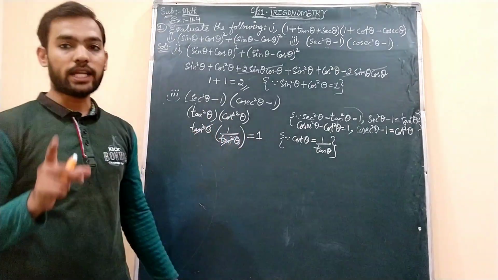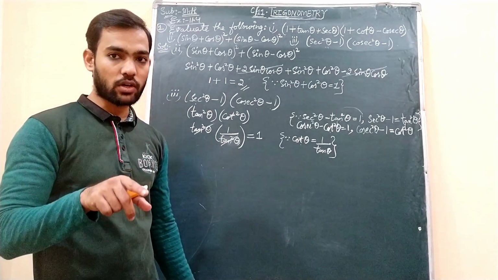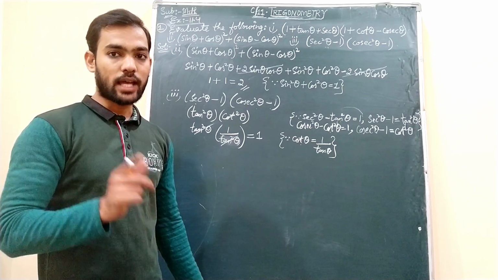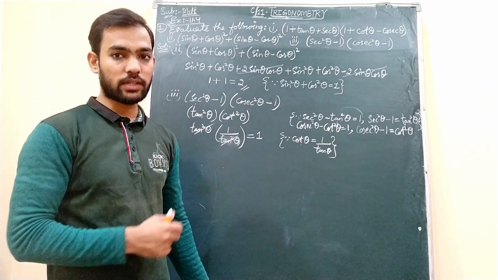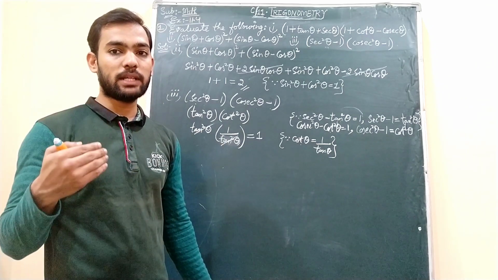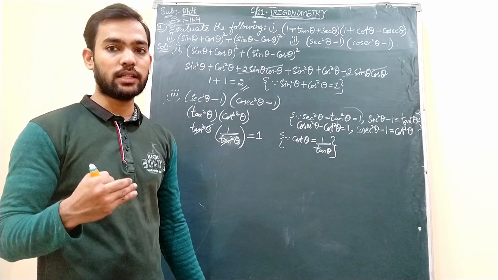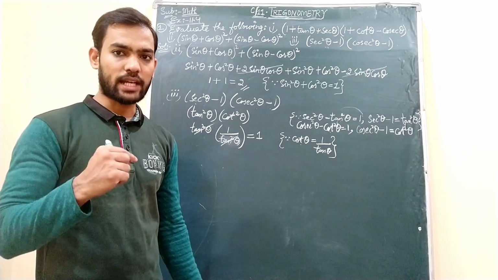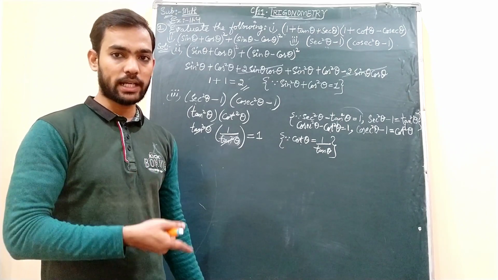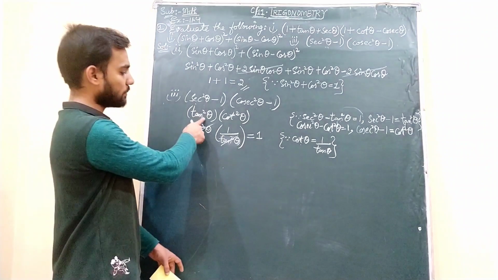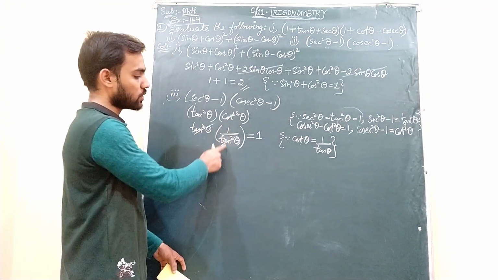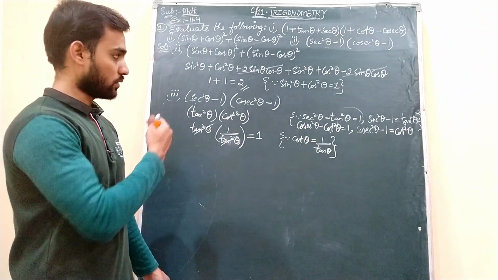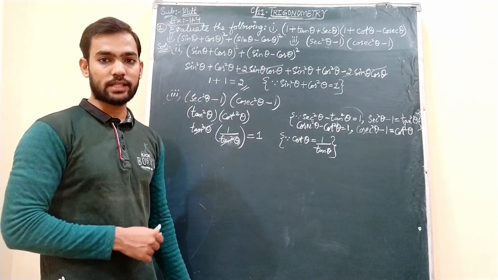Remember students, tan theta is equal to sin theta by cos theta, as well as it is equal to 1 by cot theta also. Sin theta by cos theta we have seen in the specific angles table, wherein in the multiplicative inverses category, that is the third set of formulae, we have seen that tan theta equals 1 by cot theta also. If tan theta is 1 by cot, then cot theta is 1 by tan. Any one you can change. I kept the tan as it is. Cot I have changed to 1 by tan. These two I have cancelled. I got the expression value as 1. Note down this one. Then we will do question number 2 of this exercise.